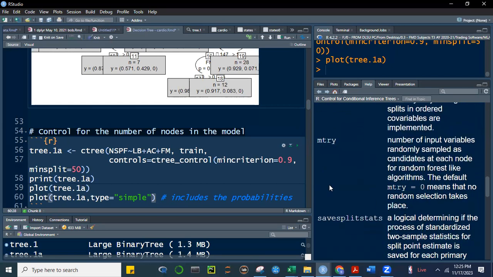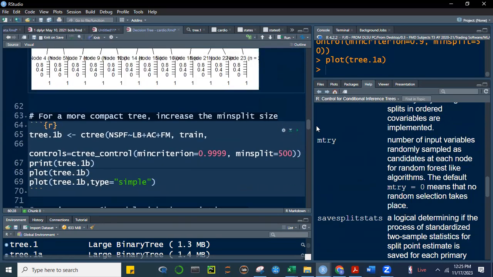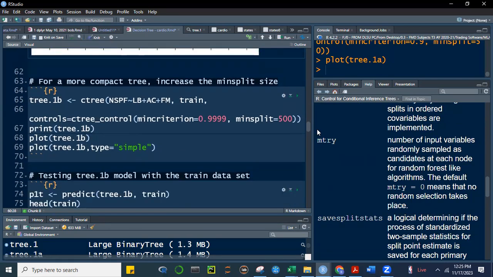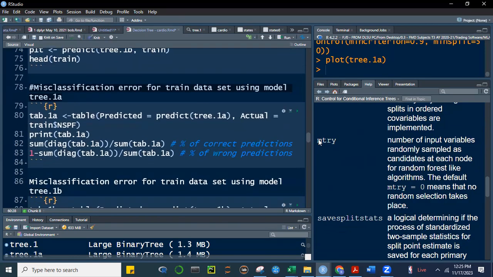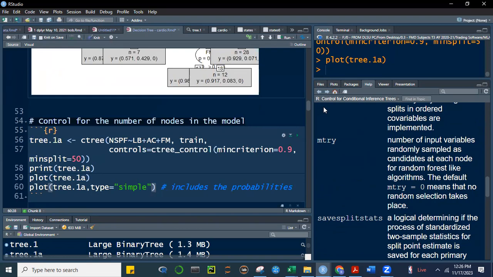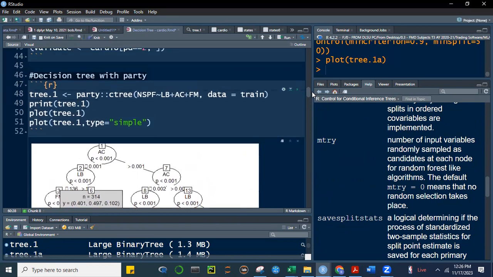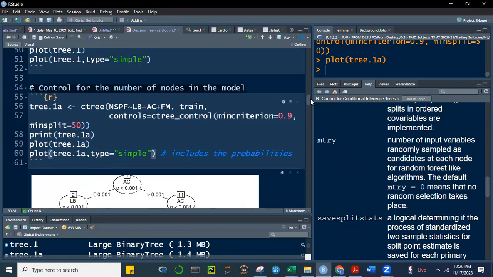May M-try din. I think dito sa susunod. Yeah, naggamit ba ako ng M-try dito? Hindi ako nag-M-try eh. Okay, anyway, so I would suggest that you just experiment, no? Tingnan nyo kung ano yung mangyayari. Alright, so let me go back to what I did a while ago. Minimum criterion is 0.9 ang ginamit natin. Minimum split is 50. So if I run this,